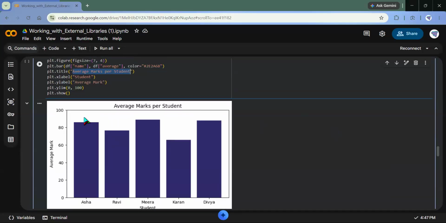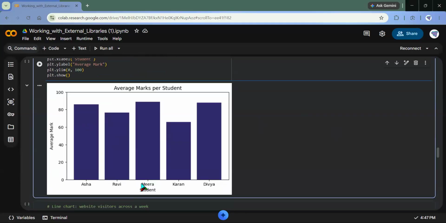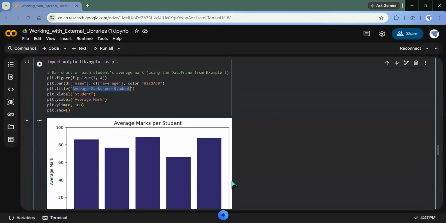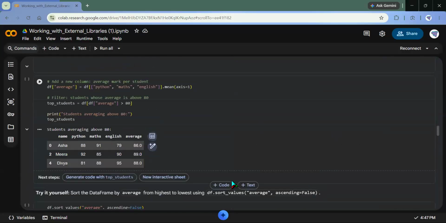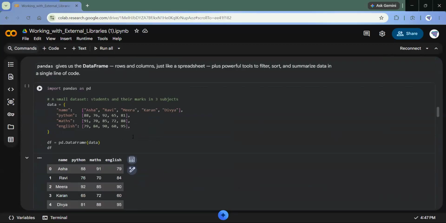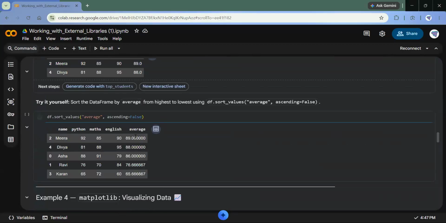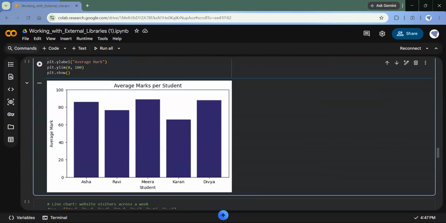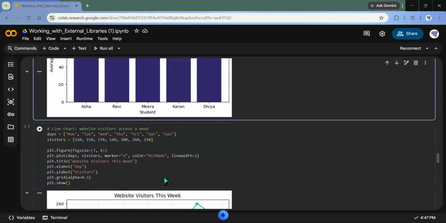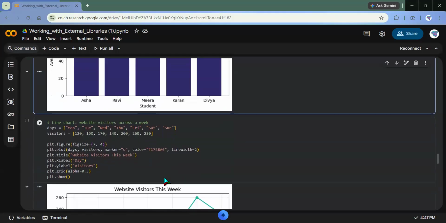It has the top title, it has the degree markings, the x and y value markings are marked, and the names of each student. So this data is from what we saw here, and this data has been sorted here, as we saw that you can work with pandas, or you can work with arrays to import your data to matplotlib. Then after, we'll move on to another example of